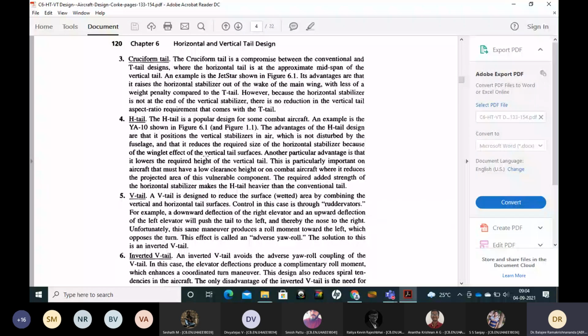Then H-tail, again you can reason out the same way. The horizontal tail will be heavy, but the vertical tail area will be less. Now the vertical tail's performance is affected by the fuselage and wing combination. The wake from the wing, called sidewash, may affect the vertical tail. That effect will be less if you have an H-tail, since you have two vertical tails there. The horizontal tail will be heavier here, and its drag will also be less because of the winglet effect at the ends of the tail.